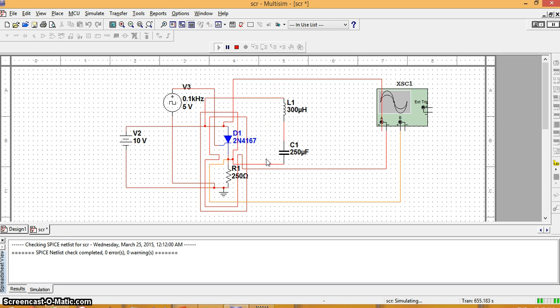And the moment thyristor T is turned on, the capacitor C starts discharging through the path C, L, and T. So it charges in the direction LC, but it discharges in the opposite direction CL. And when the capacitor C becomes completely discharged, it starts getting charged with reverse polarity due to the charge which has been stored in the inductor.